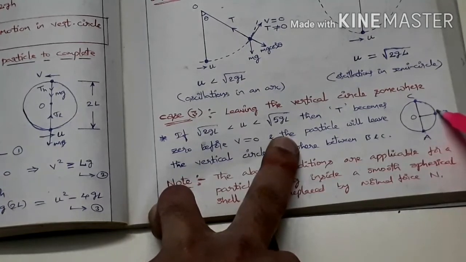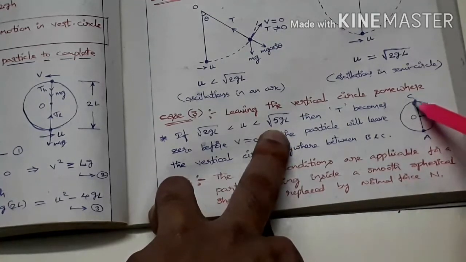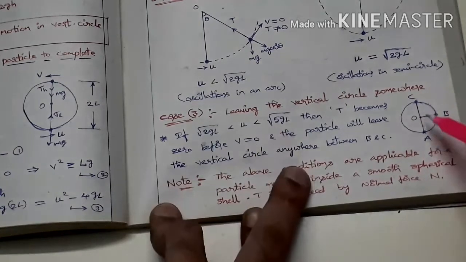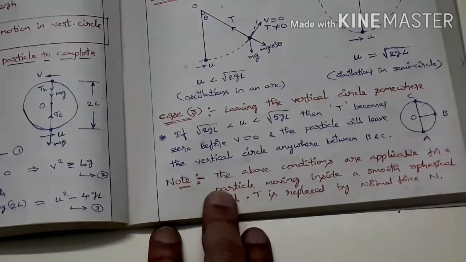Because it is greater than root 2gl, it crosses this point B. But since it is less than root 5gl, it cannot reach point C. So at some point between B and C, it leaves the circle, because tension becomes 0 before velocity becomes 0,